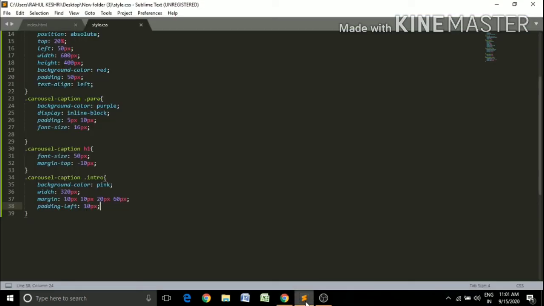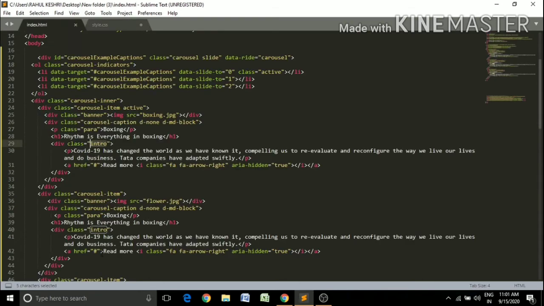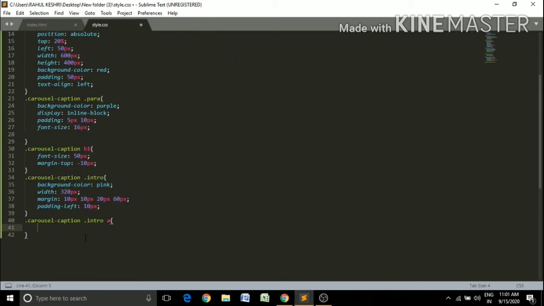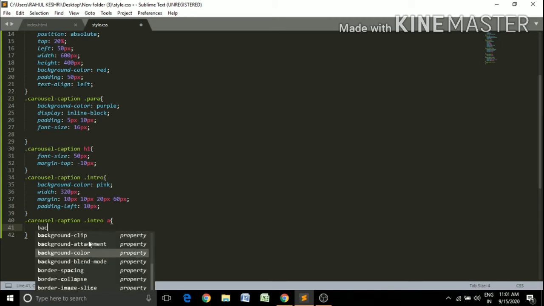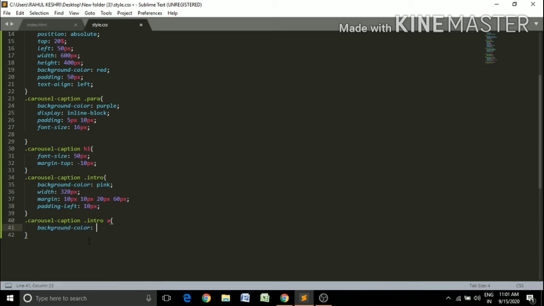Okay, just copy it and paste it. Now I'm using a CSS property on the anchor tag. So background color hashtag FF9800.